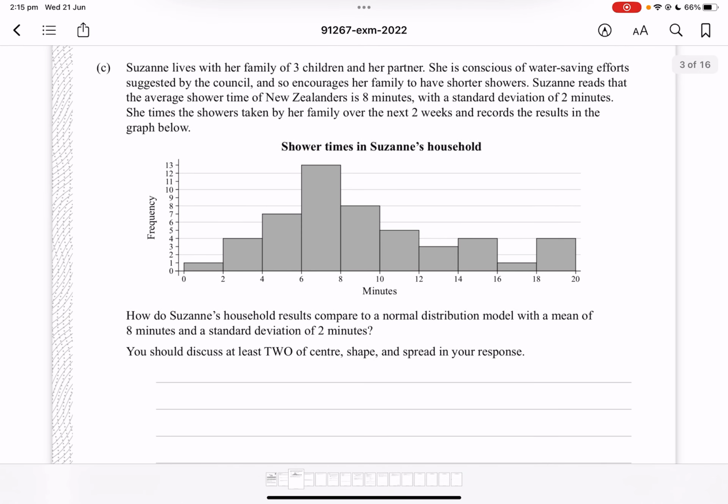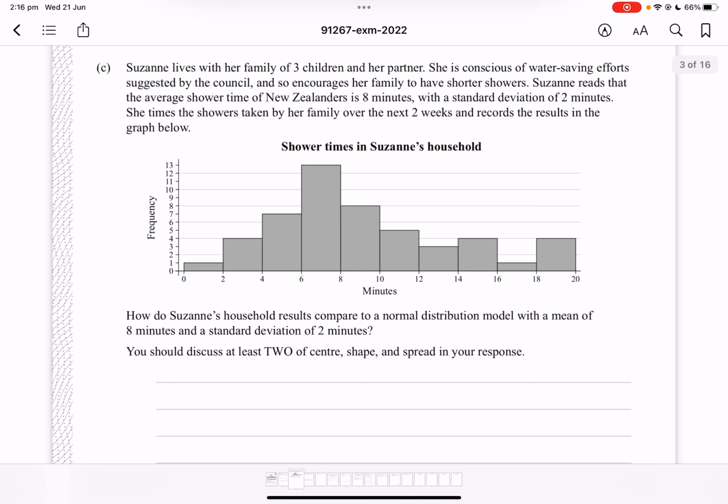Suzanne lives with her family of 3 children and her partner. She is conscious of water-saving efforts suggested by the council, and so encourages her family to have shorter showers. Suzanne reads that the average shower time of New Zealanders is 8 minutes, with a standard deviation of 2 minutes. She times the showers taken by her family over the next 2 weeks, and she records the results in the